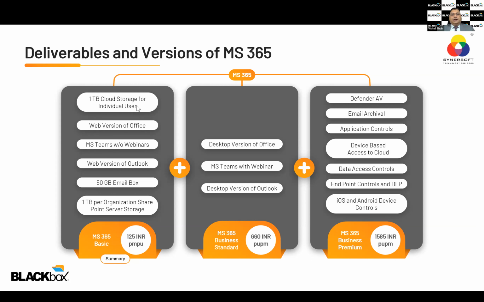So as we see the results, 90% of the attendees desire the desktop version of MS Office. They need it. 80% require the desktop version of Outlook. 67% require file server and SharePoint server. 60% require a 5 GB mailbox. 63% require email archival. 50% require Defender antivirus. 50% require domain policies. 37% require endpoint controls. 47% require Teams, and 37% require iOS and Android devices.